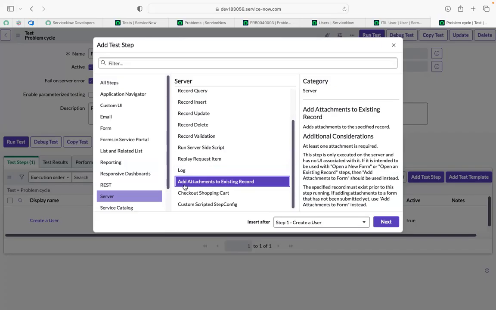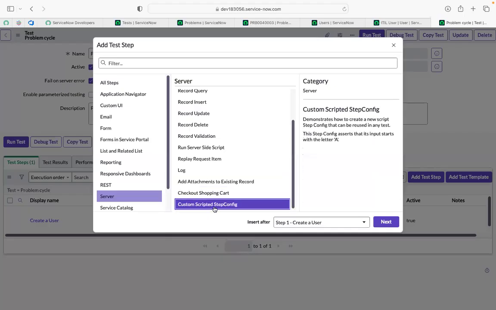But sometimes you can use this step, add attachment to the existing record. So for example, I need to add a record to the form or an existing record, I can use these steps, guys. Check out steps, custom scripted steps, configurations, everything is there, right? So